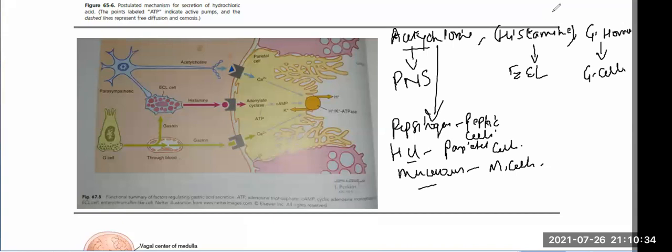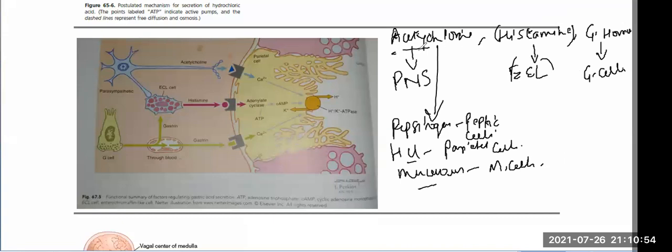Your ECL cells are stimulated by gastrin hormone to release histamine. Gastrin hormone is released by G cells in pyloric glands. I hope this is clear. This regulation is clear, right? Just remember